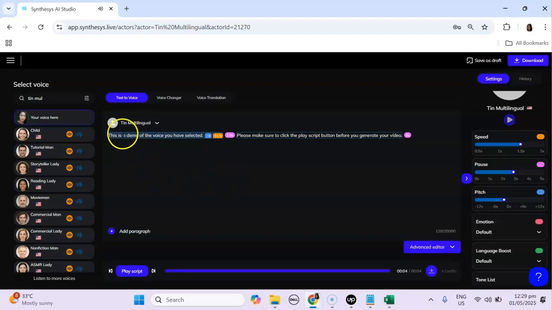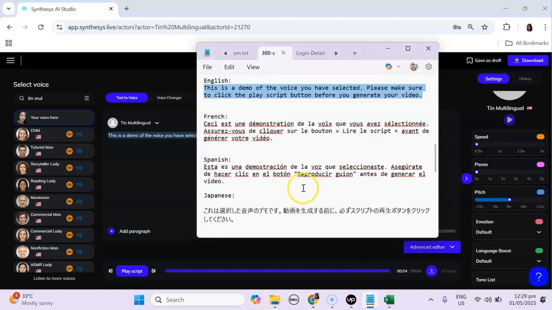Okay, so as you can see, I adjusted the speed, pause, and pitch for the first sentence while I retain the original settings for the second sentence. Okay, now let's try